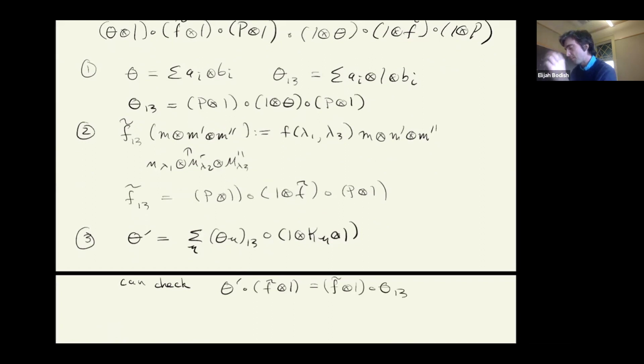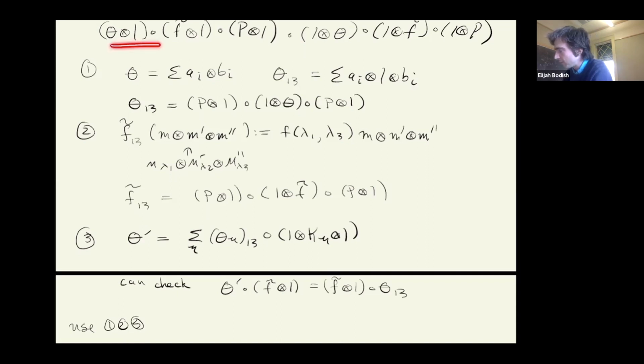So this theta prime has some correction factor in terms of a K, since the weight is changing when I commute my theta_{1,3} past an F tilde tensor 1. And then you can use 1, 2, and 3